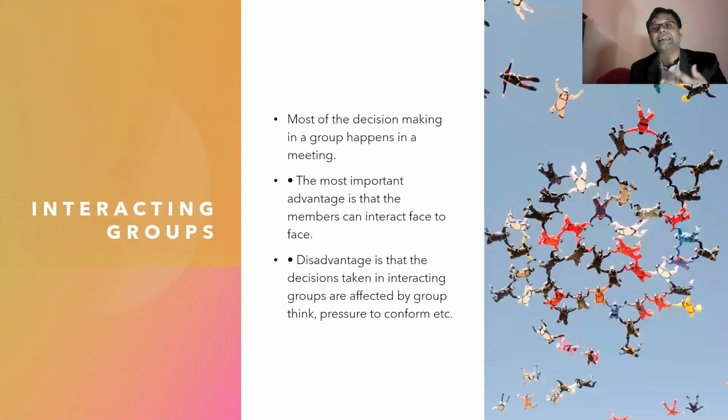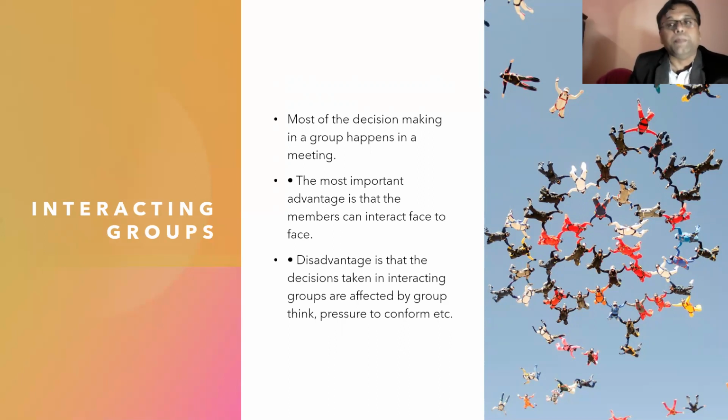Next one is the interacting groups. Interacting groups is a simple meeting, nothing else. In the meeting, you take a decision. Most decision making in a group happens in a meeting. The most important advantage is that the members can interact face to face, which is not the case in some other processes. The disadvantage is that decisions taken in interacting groups are affected by groupthink